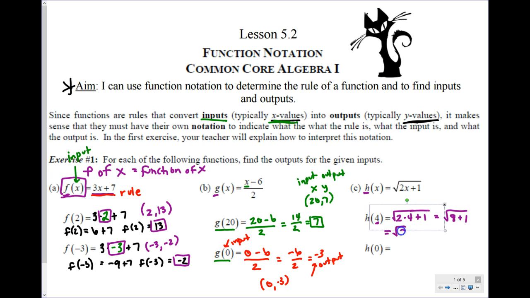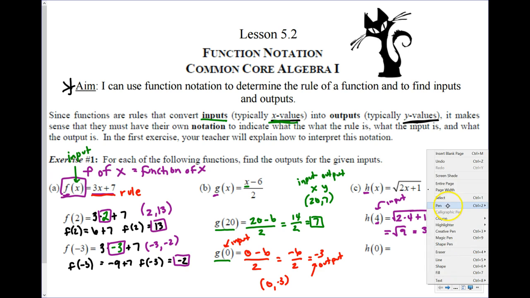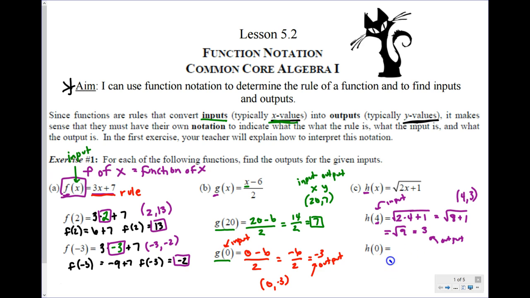8 plus 1 is 9, and the square root of 9 is 3. So my input was a 4, and my output was a 3, to give me the coordinate (4, 3) for that function. It's input and output. And the last one, h of 0, I have the square root of 2 times 0